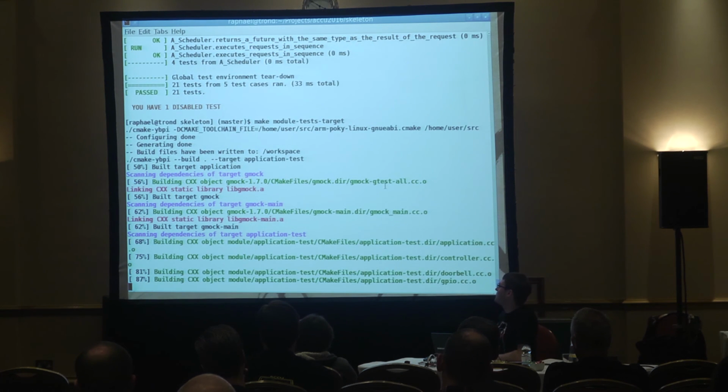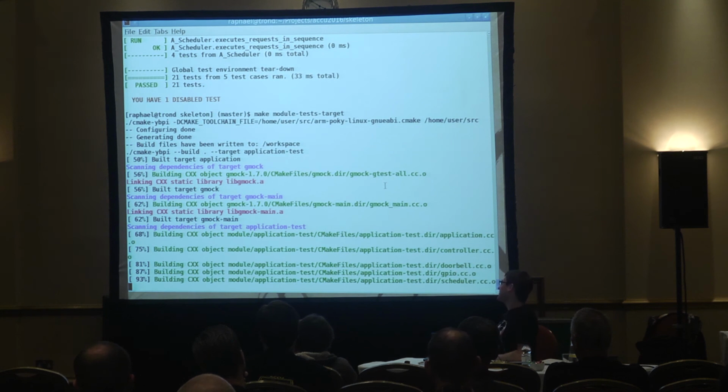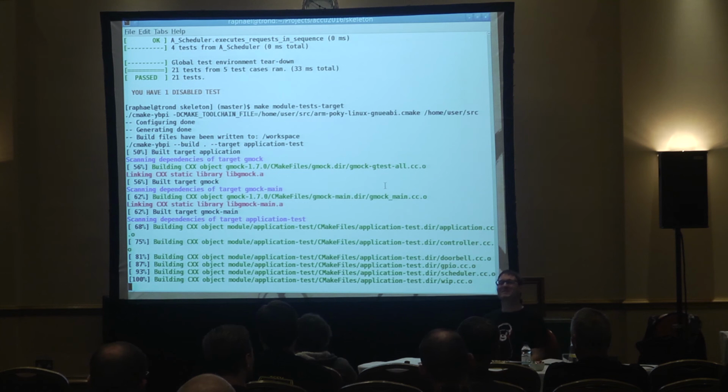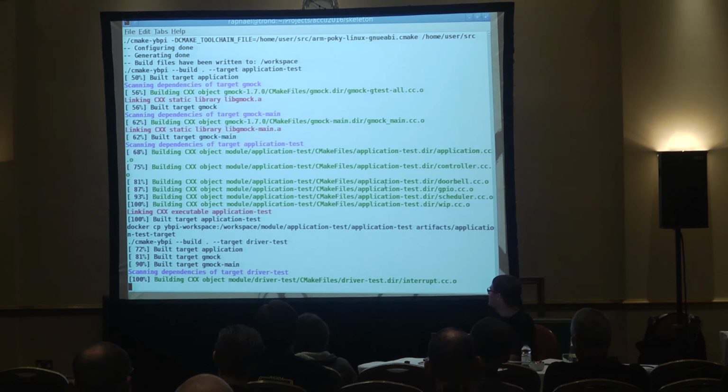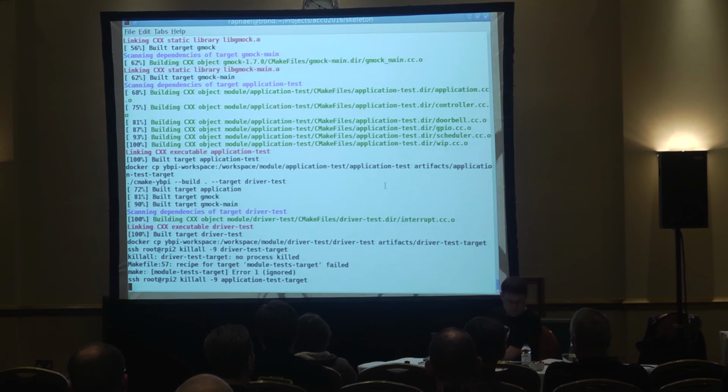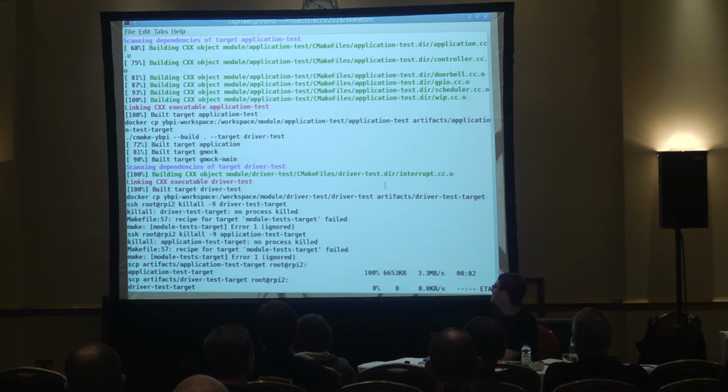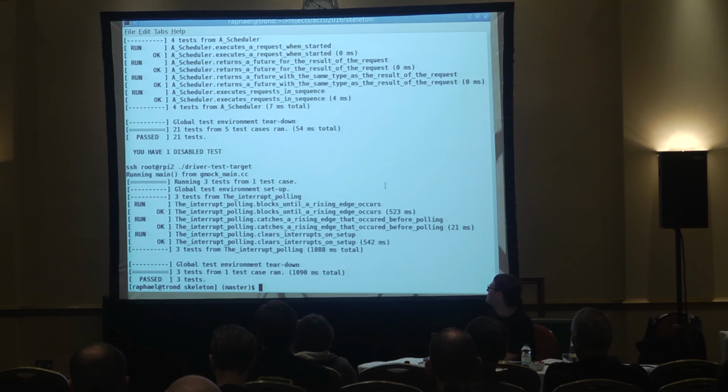And when it's built, it will hopefully deploy to the target. Yeah. Now you see the color has disappeared because it's over the network interface. But now this was just a test executing on the Raspberry Pi, but still using test doubles. So it was not really interacting with the hardware. Or wasn't it? Now the first test was just